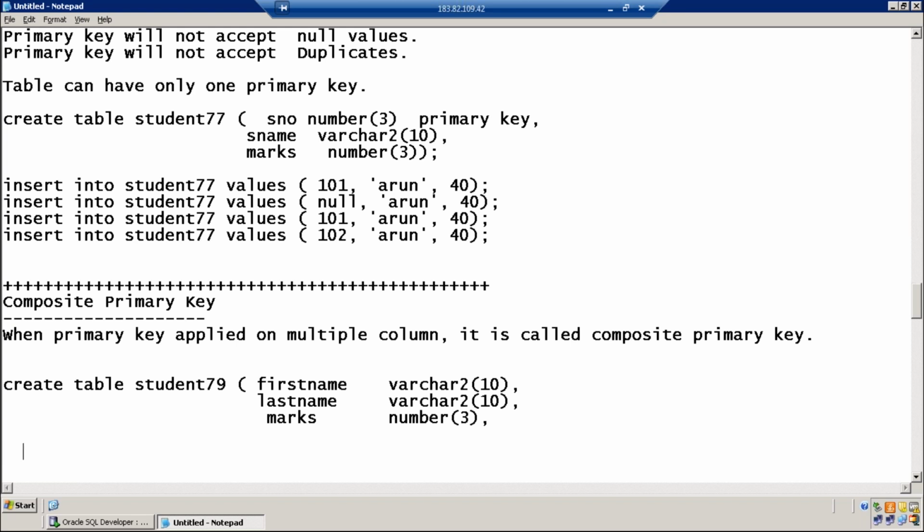Primary key I want to apply on the combination of first name comma last name.